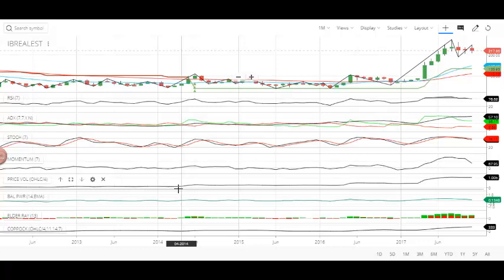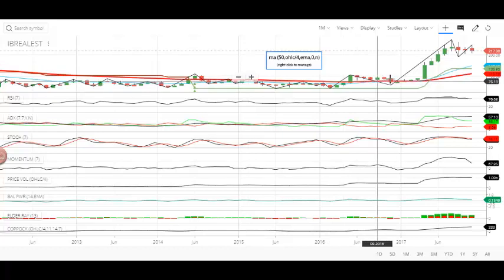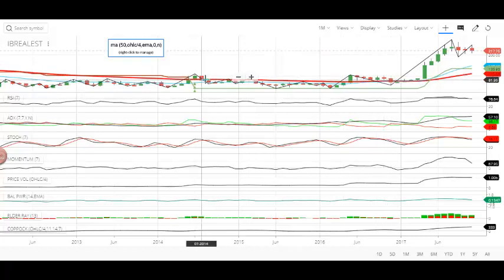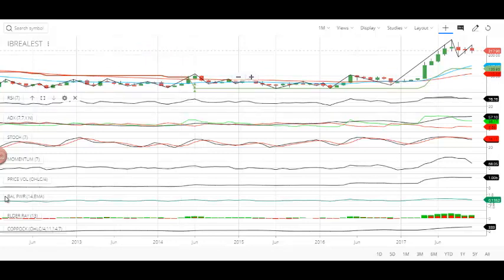Today we are going to do the technical analysis for India Bulls Real Estate, IB Real EST. This is the ticker name and you're watching the monthly technical chart of the stock. This is the historical price chart of India Bulls Real Estate, and each candle represents 1 month. These are all the technical indicators and their respective graphs generated for the stock to do the